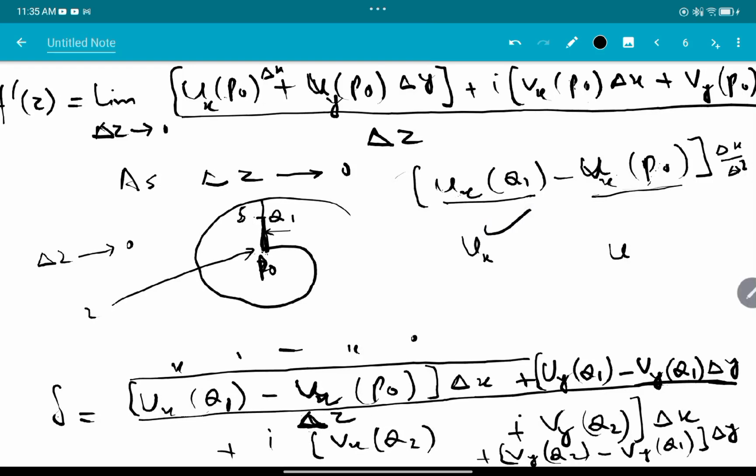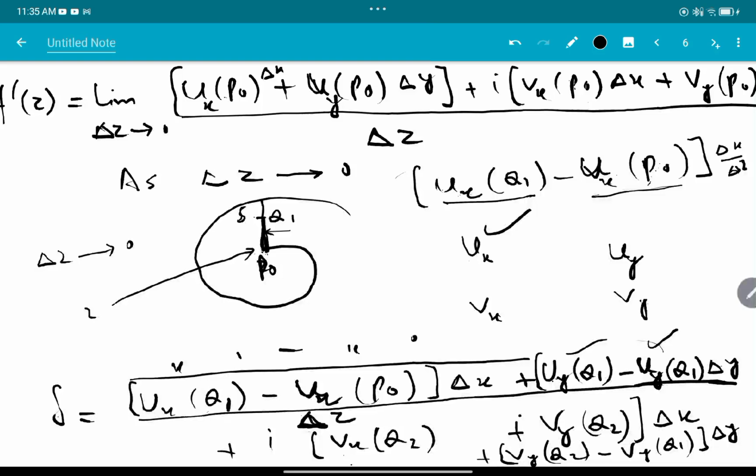Similarly, this term will vanish provided uy is continuous. This term will vanish provided vx is continuous. This term will vanish provided vy is continuous. That means if these partial derivatives are continuous, then this whole delta will vanish and we will be left with